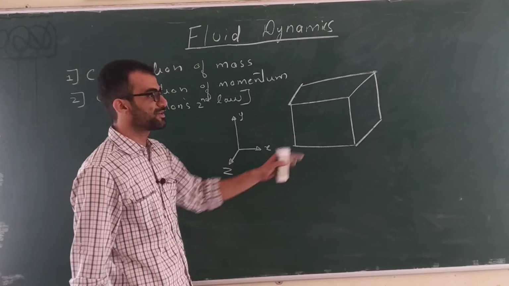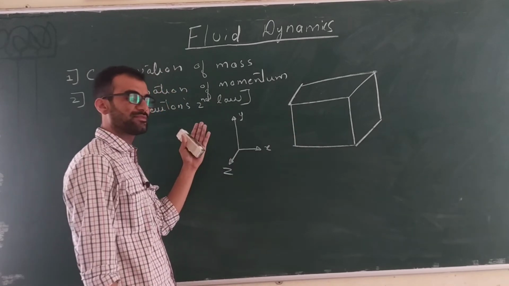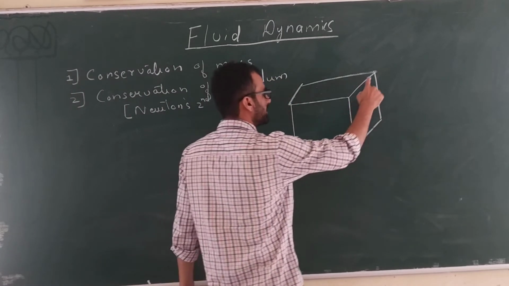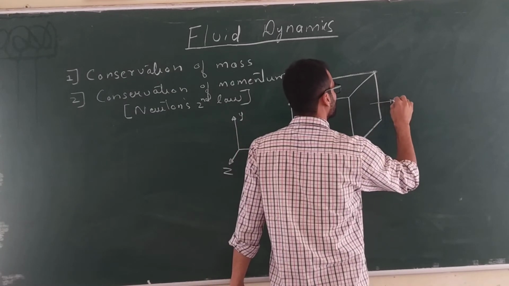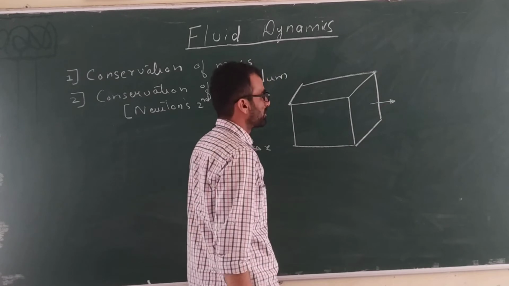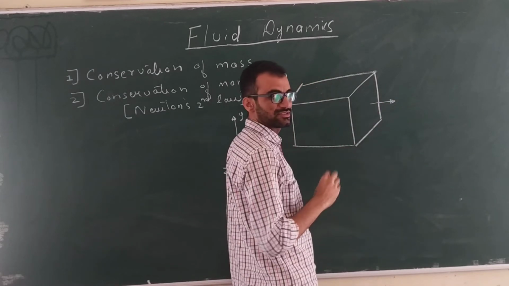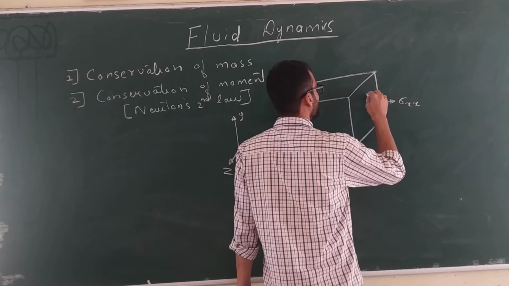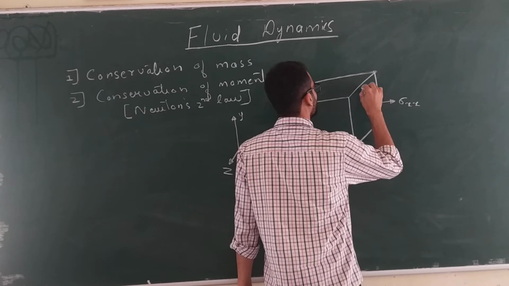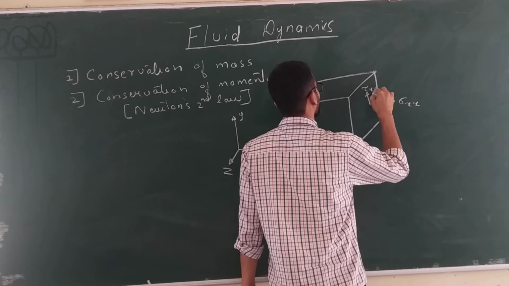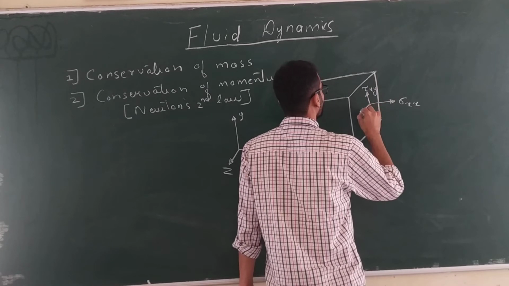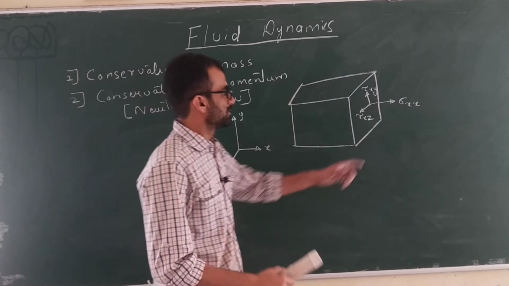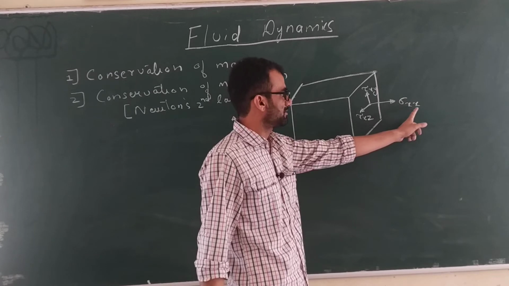Okay, why have I drawn three planes? Because if you have a point, then the point can be completely described by three planes. So on this plane to which the x-axis is normal, this plane will be subjected to three components of stress. One will be sigma xx, second will be tau xy, third will be tau xz. How have I written this? By two subscripts.